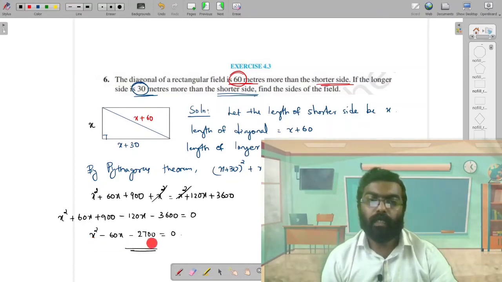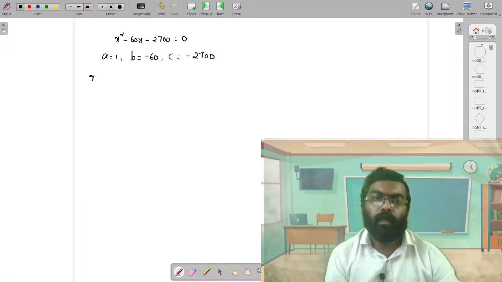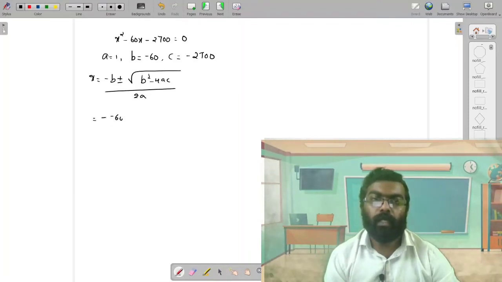x square minus 60x minus 2700 is equal to 0. Here also we can apply the quadratic formula. A is equal to 1, B is equal to minus 60 and C is equal to minus 2700, and x is equal to minus b plus or minus root of b square minus 4ac, whole divided by 2a, that is minus of minus 60 plus or minus square root of minus 60 the whole square minus 4 into 1 into